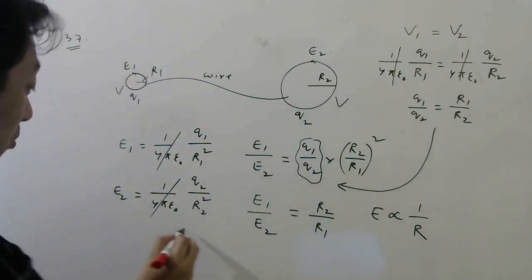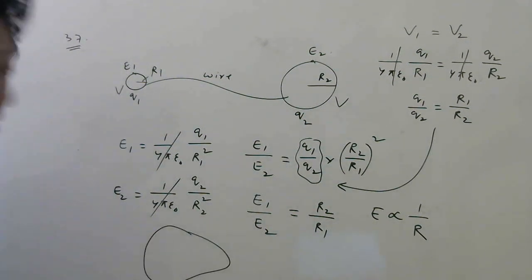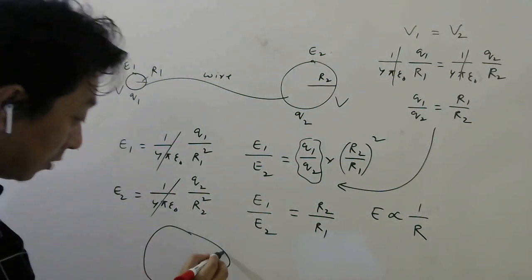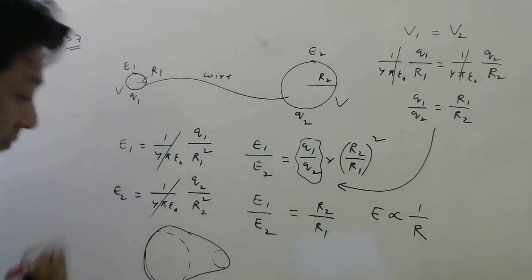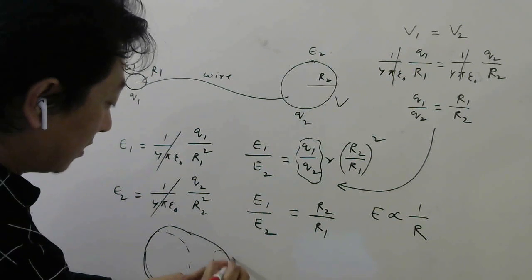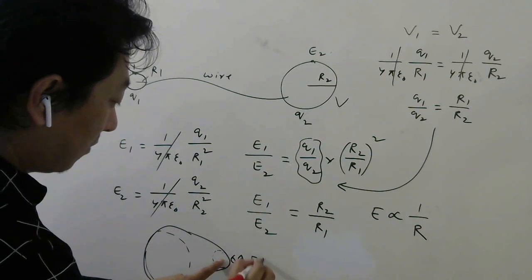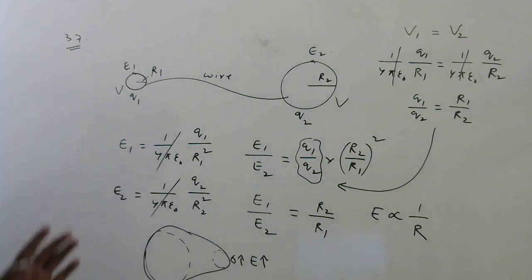And that's why I used to tell you that if you have a surface like this, here the radius is very small, here the radius is very large. So wherever radius is small, sigma will be large, electric field will be large. Okay, already we have discussed this. Please go through the video.